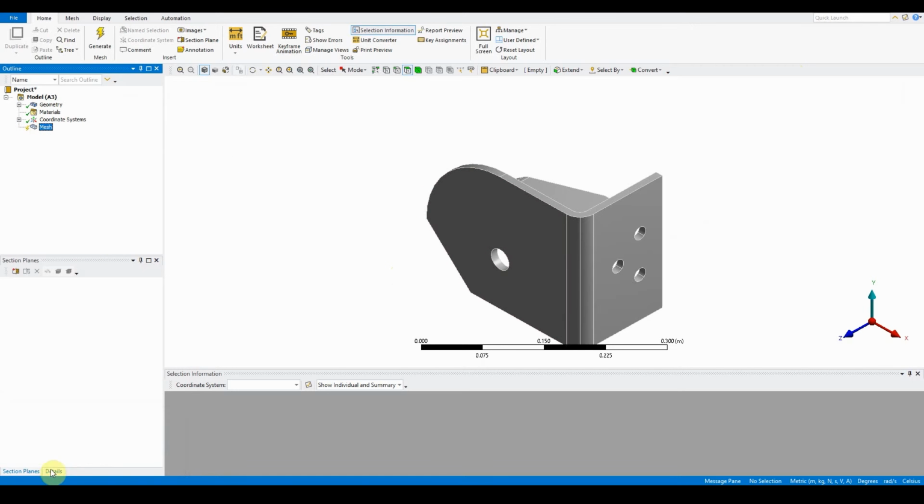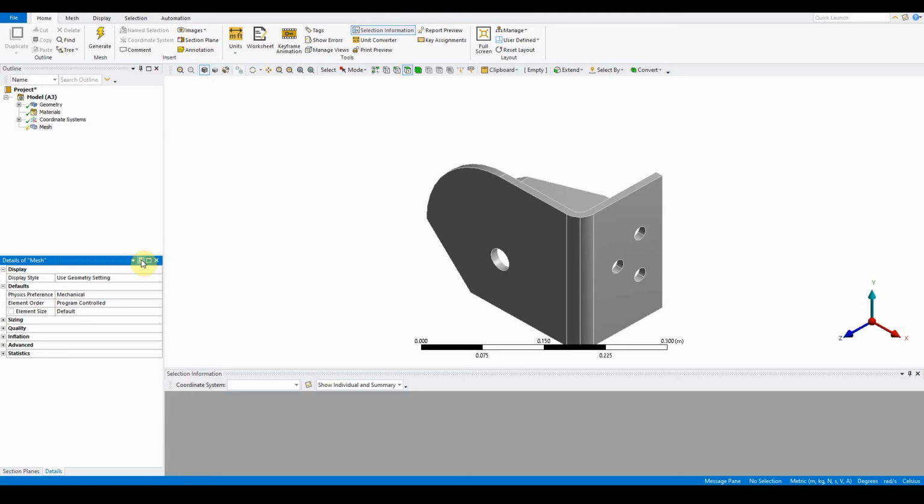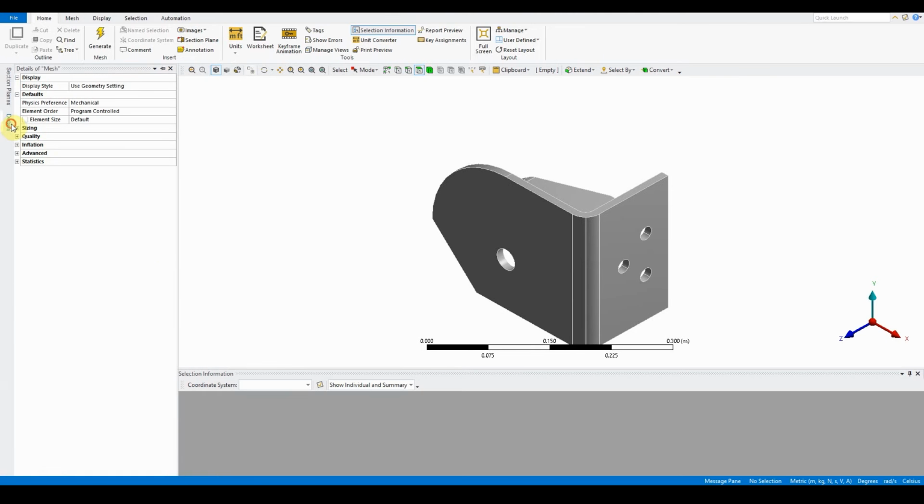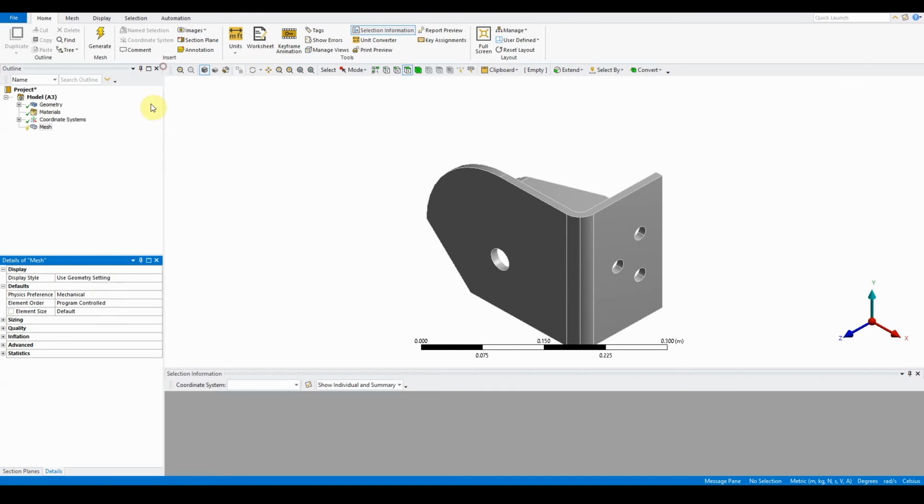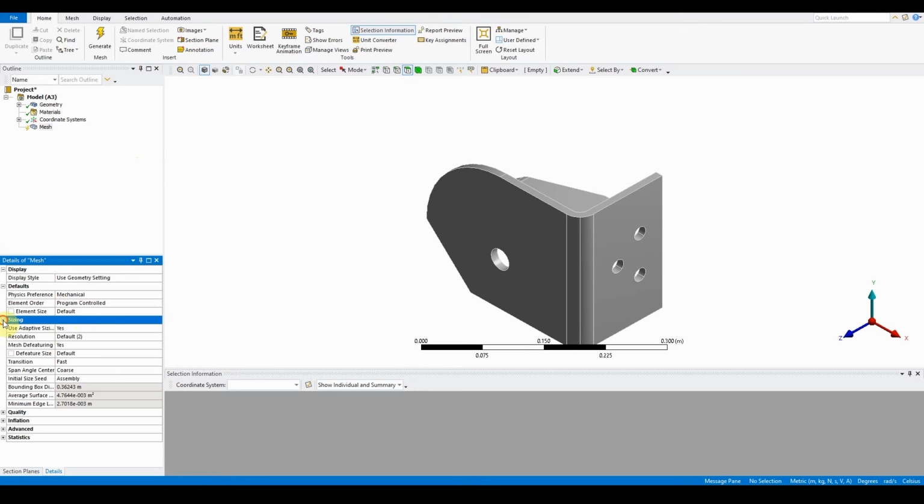So by clicking on the mesh, go to the details view. We can pin this. And we want to make sure that it's mechanical set for this. And then again, if you open up the sizing, it's got adaptive, everything's turned on, moving on to the next one. And what we want to do here is, again, just using the global mesh sizing,